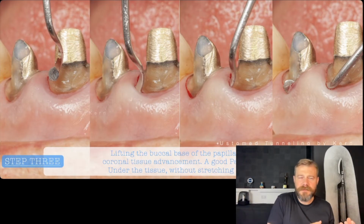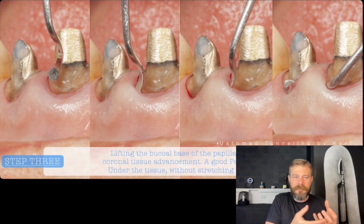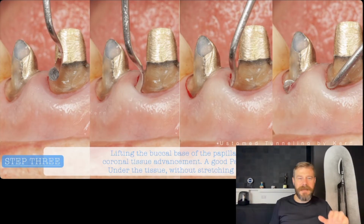Always when I was using any regular tunneling instrument to detach this tissue, I usually needed to use a lot of stress on the sulcular area to achieve the position of the instrument buccally on the papilla area. With the curvature of this instrument, almost an S shape, the instrument can go inside the sulcus